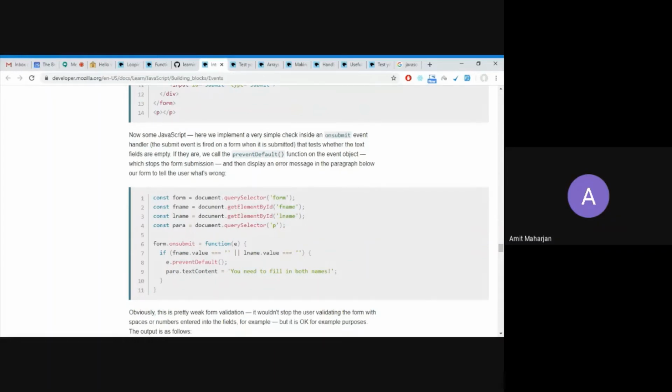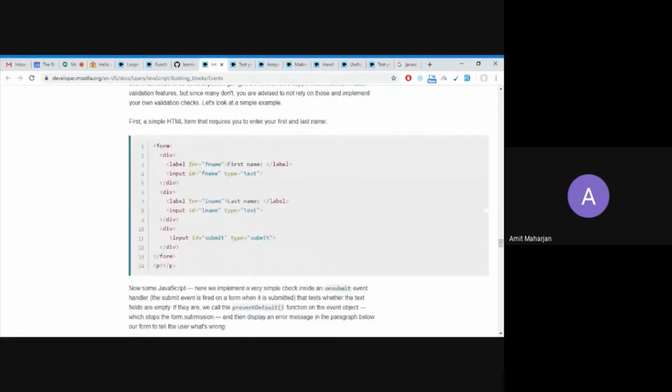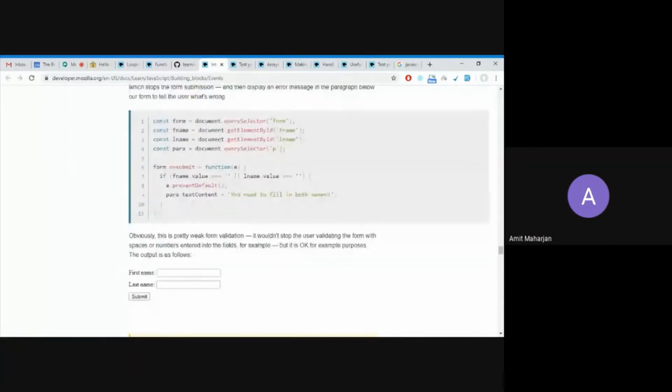You have a text field for first name, a text field for last name, and a button as submit. For the query selector, you use get element by ID for the first name and get element by ID for the last name. The next one is a paragraph. Then on form dot on submit,